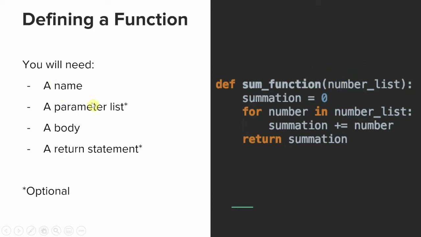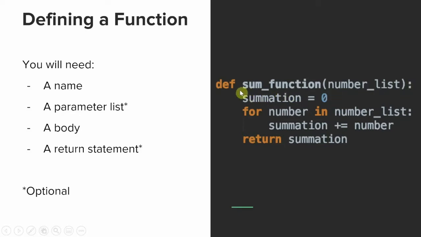Now, a parameter list is optional. You don't always have to take in parameters. If you want to take in one parameter, just put the name of the parameter there. If you want to take in two parameters, you can put a comma here and list the second one, and so on. And if you don't want to use any parameter at all, just have a bracket with nothing inside it. So once you've done that first statement, the colon indicates that it's the start of the body,